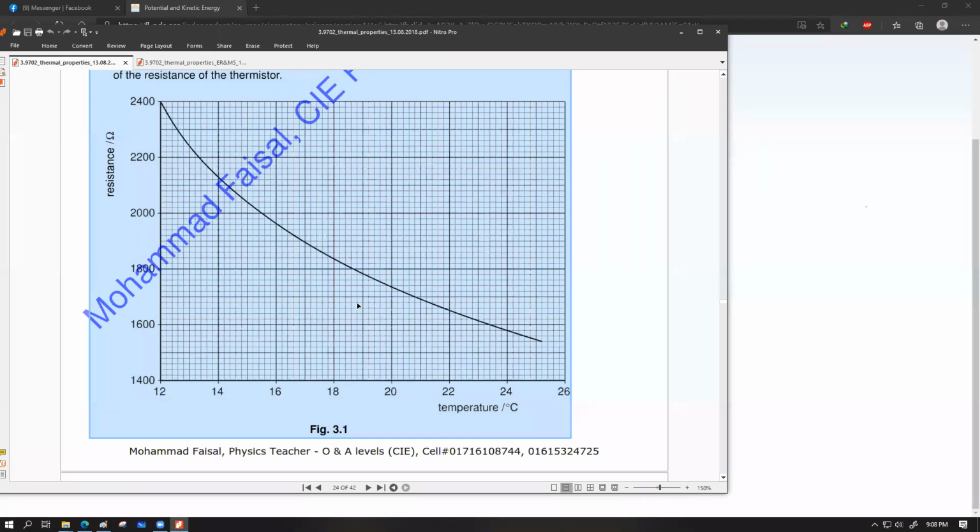You can see that this graph is not linear, which means for the same temperature change, you're not going to have the same amount of resistance change for every part of the temperature region. For example, from 12 to 14, the resistance is dropping from 2400. You can see very well that the graph is non-linear. So it's not going to have the same amount of change in resistance by change in temperature for every segment, which means it has different sensitivity. It has more sensitivity where the graph is steeper, and less sensitivity where the graph is less steep.